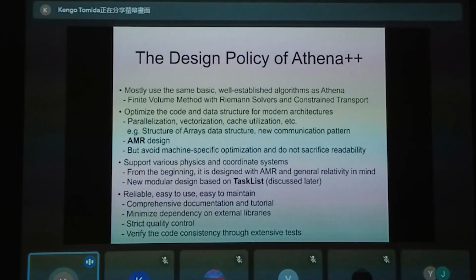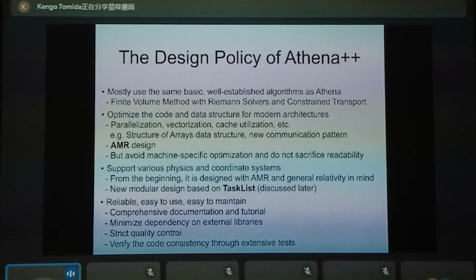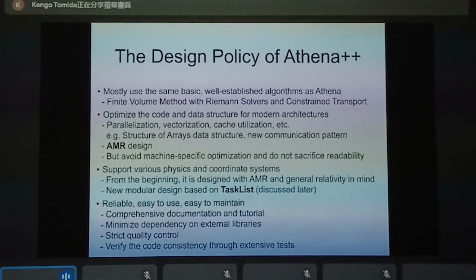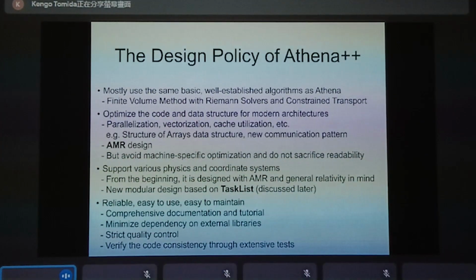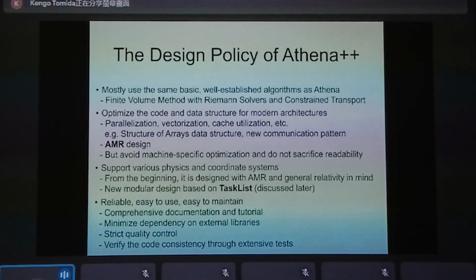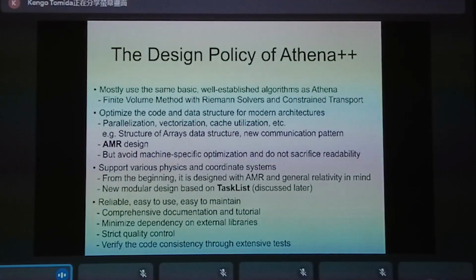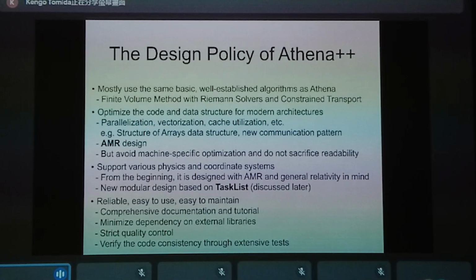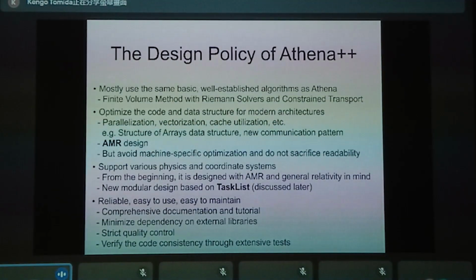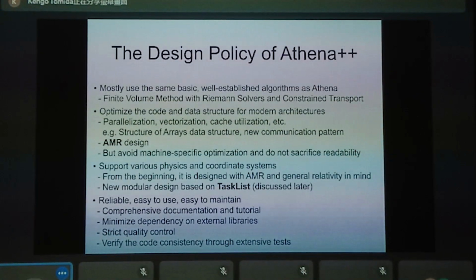But at the same time, we didn't want to optimize the code too much for specific machines. So we avoided machine-specific optimization. And also, we do not want to sacrifice readability.